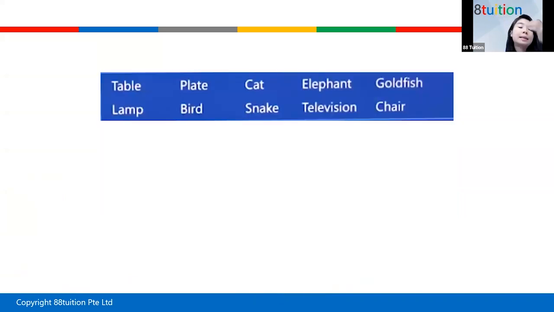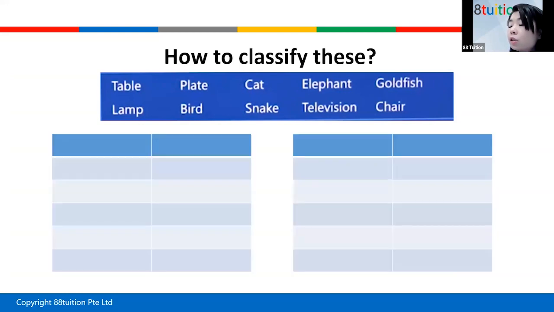Now, when we look at this box, you see several items. In fact, 1, 2, 3, 4, 5, 6, 7, 8, 9, 10 items in this box. So what is one way to classify the objects in this box? Have a think. In fact, there are two ways to classify these objects. The first way is actually the one that comes to mind the easiest, at least to my mind, which is whether or not they are living